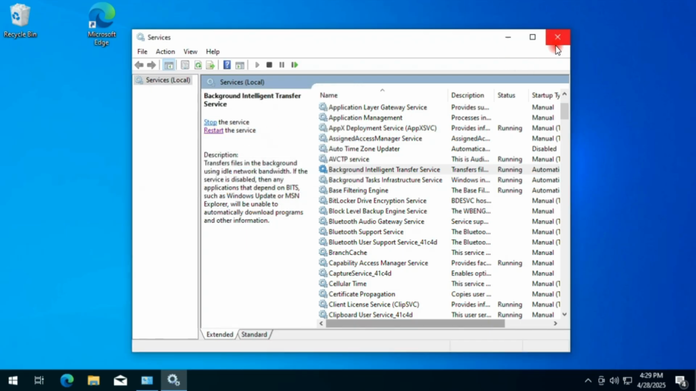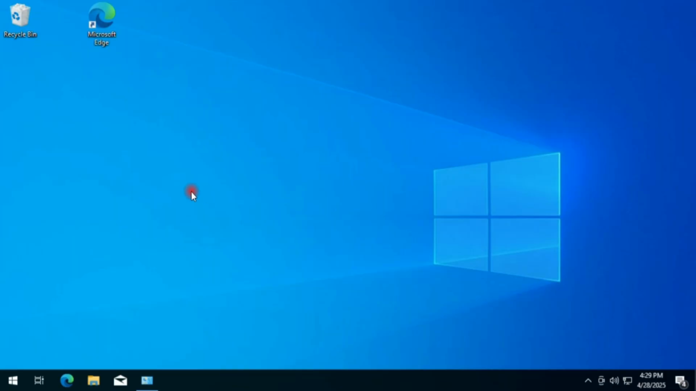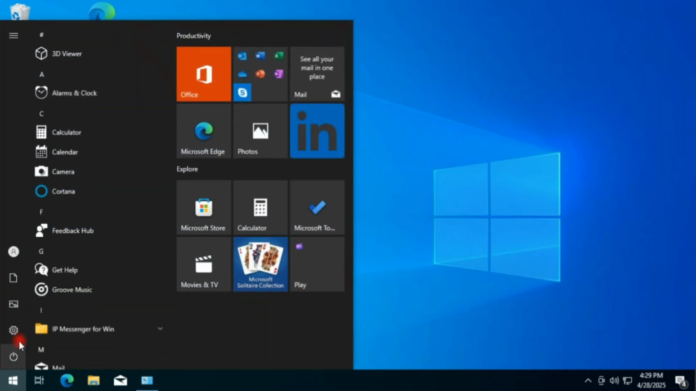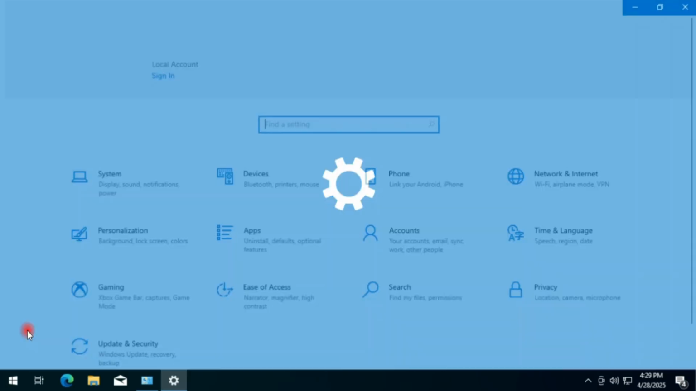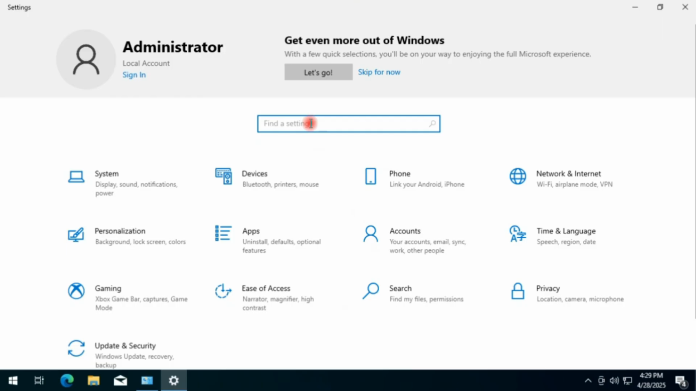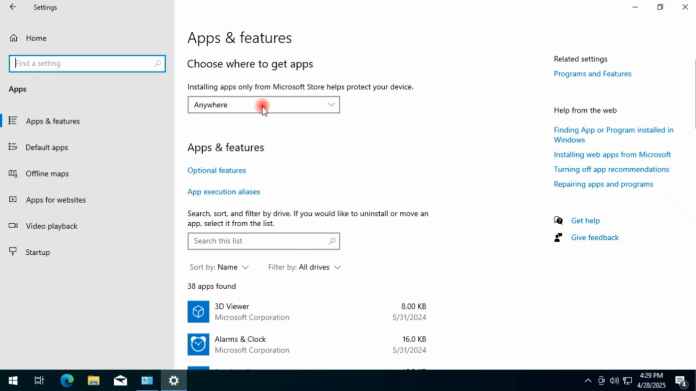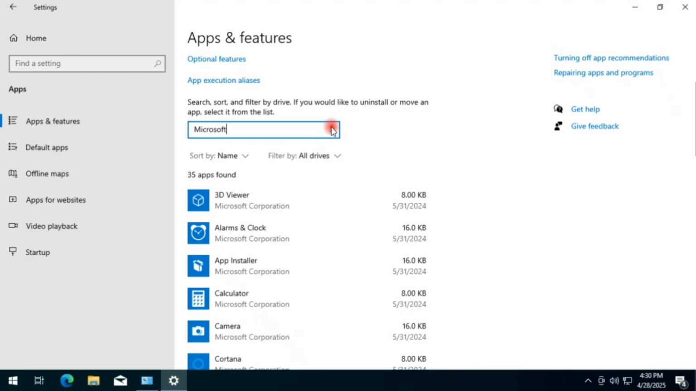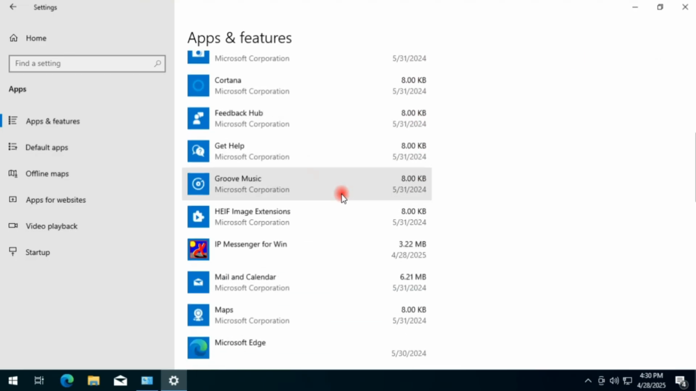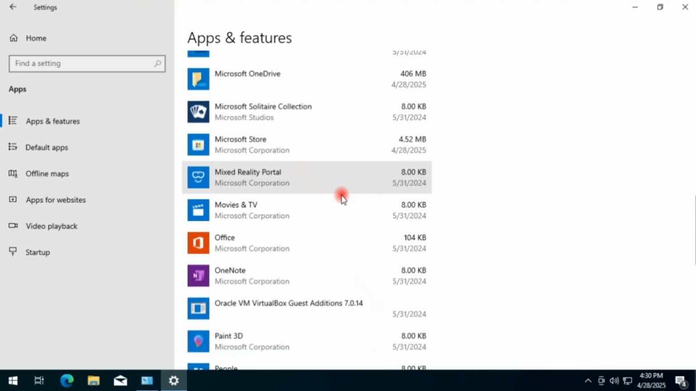Close this window, and after that guys click the start button and after that click the settings option and click the apps option, and find in this list apps and features and find Microsoft Store. Type Microsoft Store here. If this is not working, manually find this Microsoft Store. Scroll down and you can check Microsoft Store is available here. Click advanced options,